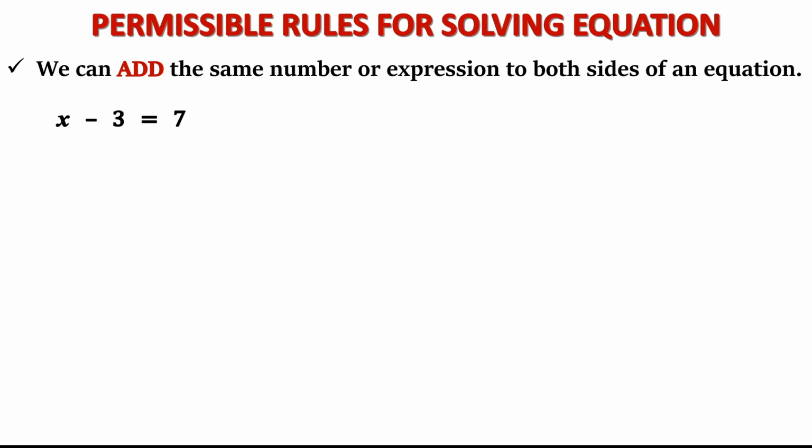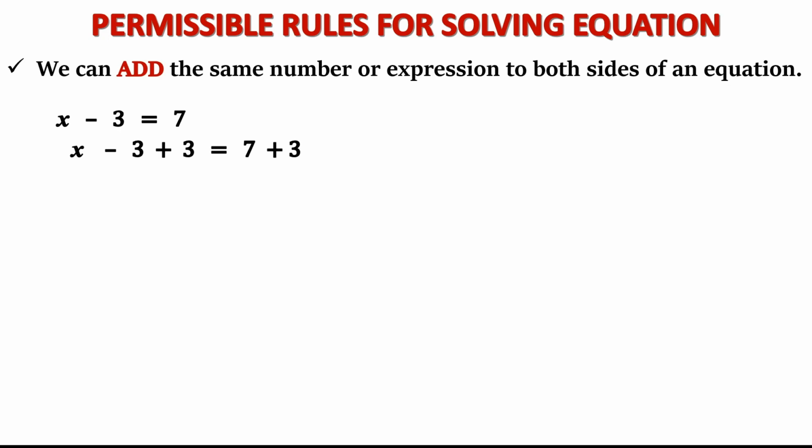So, here also, equal to says that the left hand side is equal to the right hand side, and if I am introducing something in the left hand side, I have to introduce the same thing in the right hand side also. Now, what am I introducing in the left hand side? Plus 3. Plus 3 is the need of the question because I am having minus 3 which I want to remove from here. So, to remove minus 3 I am adding plus 3. So, whatever I am doing in the left hand side, the same thing I will do in the right hand side, just like this.